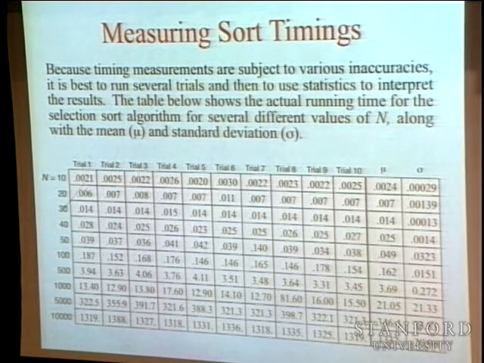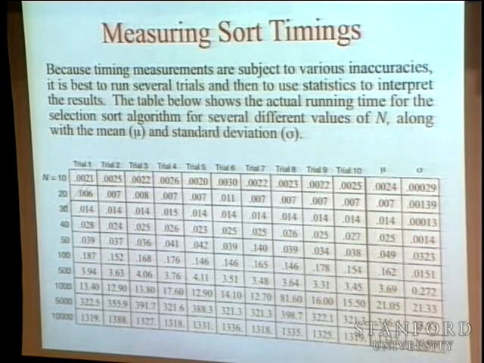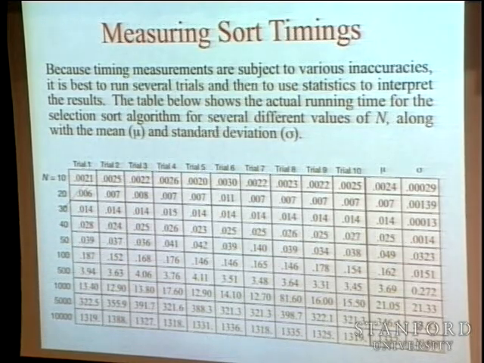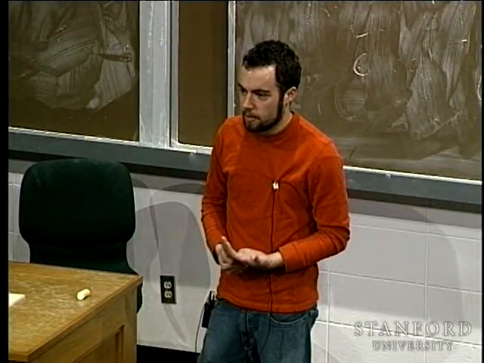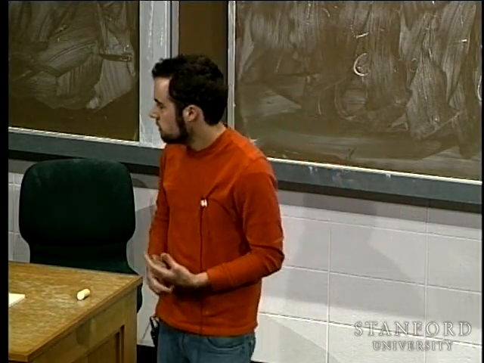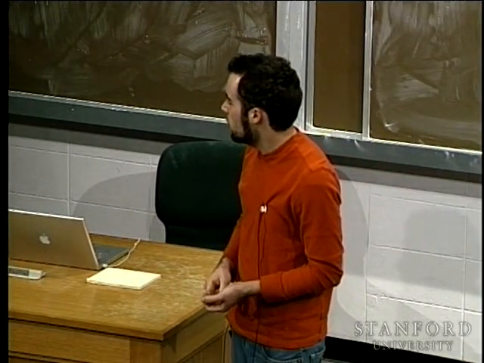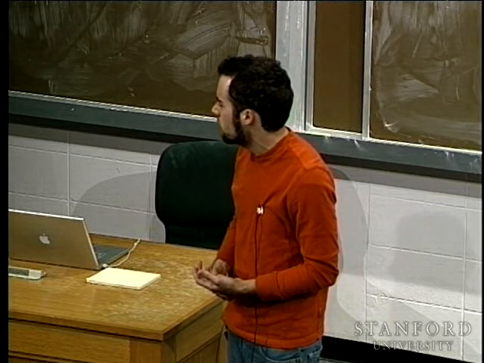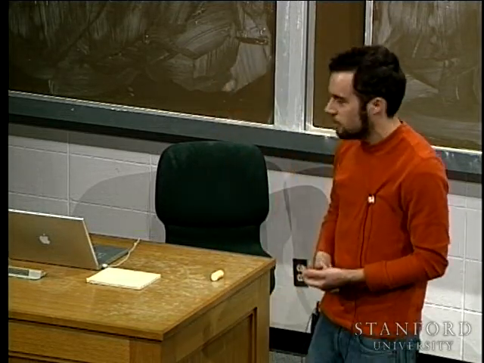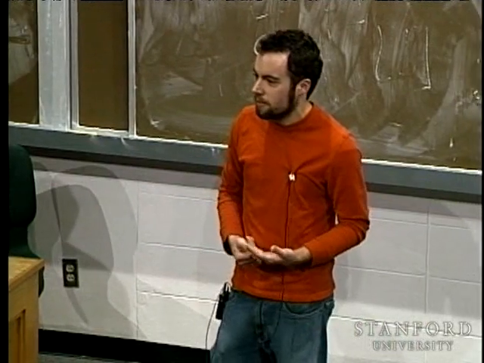In the far column, we have the standard deviation, which is a measure of how different the timings were. And if you look on a particular row for any of these trials, all of those numbers are really supposed to be the same, because I'm sorting the same number of elements, right? But why are they different? Why such variation? So if I'm sorting 100 elements, and sometimes it takes 0.146 seconds, and sometimes it takes as much as 0.176, just chalk it up to the randomness of the universe, I guess.